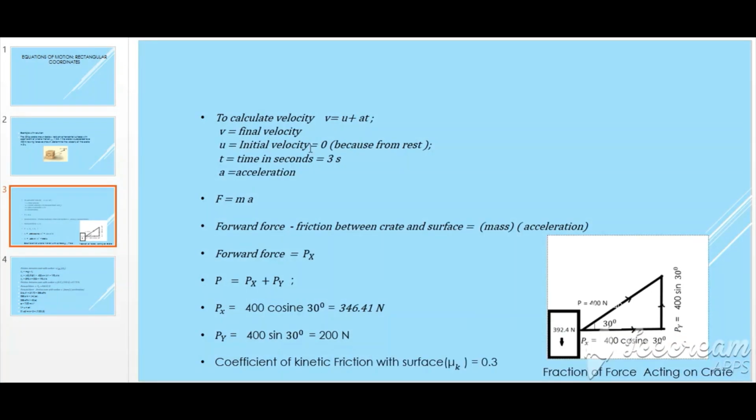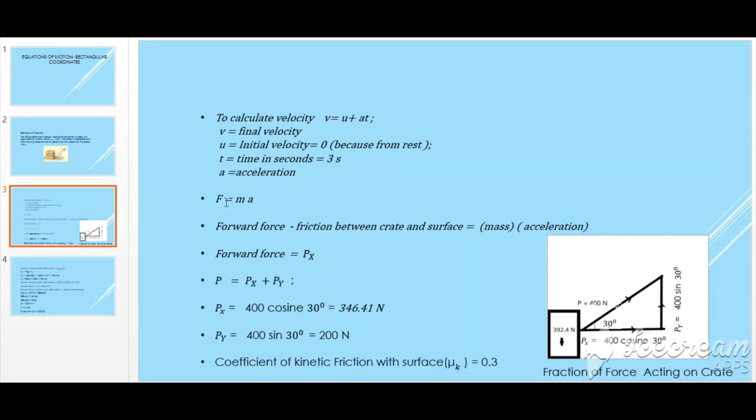The initial velocity equals 0 meters per second because it is from rest, and the time given is 3 seconds, and the acceleration is unknown. That means we have to find this acceleration before determining this